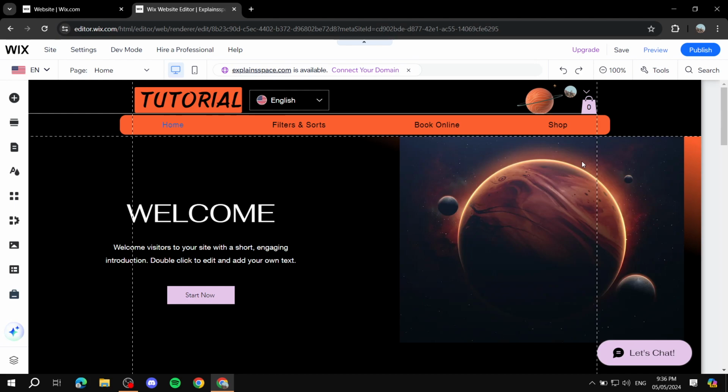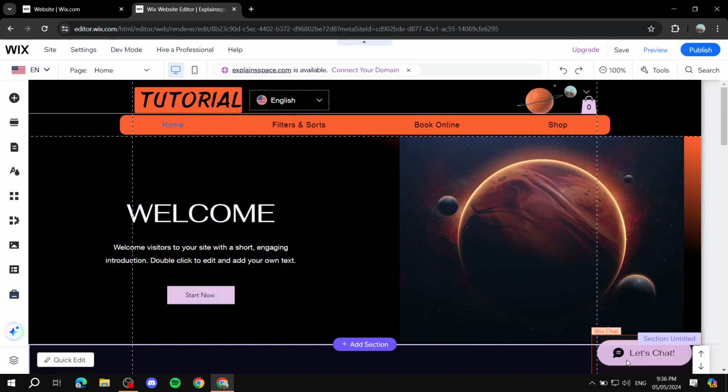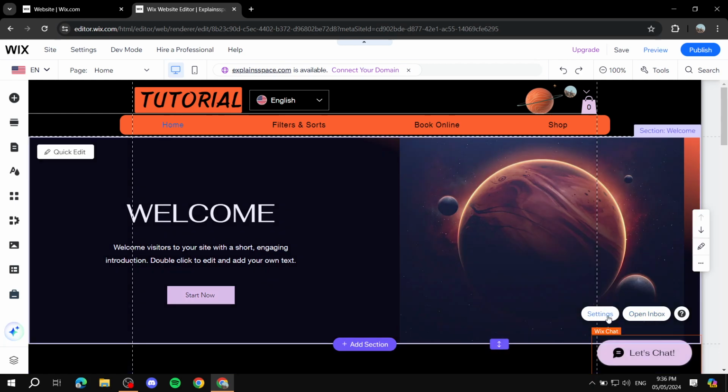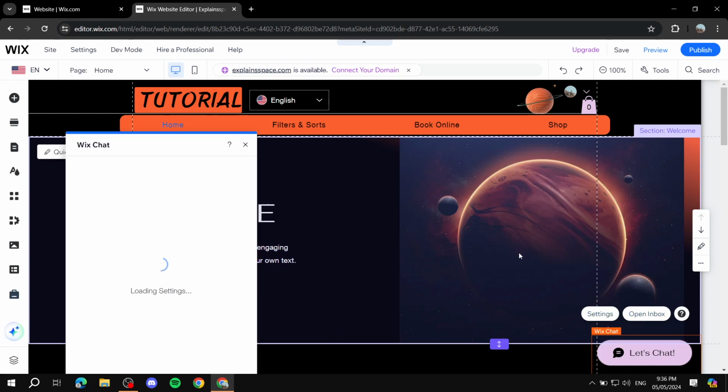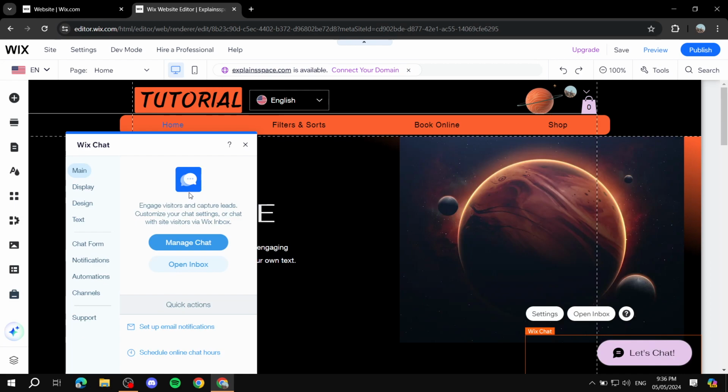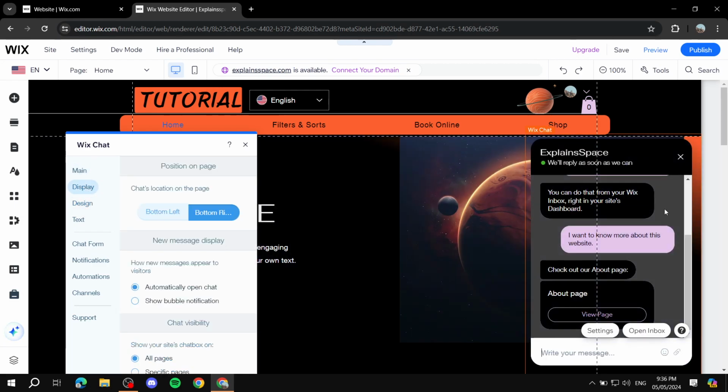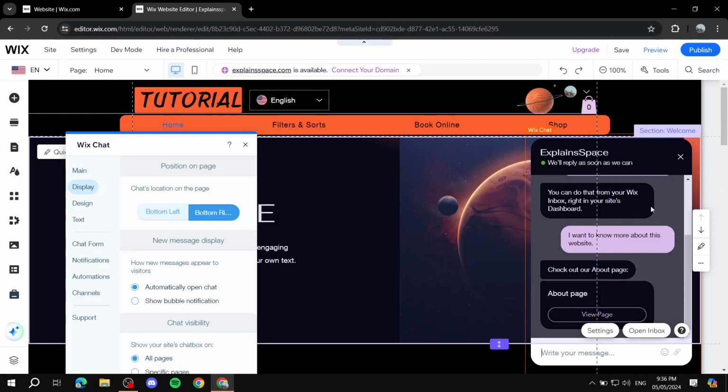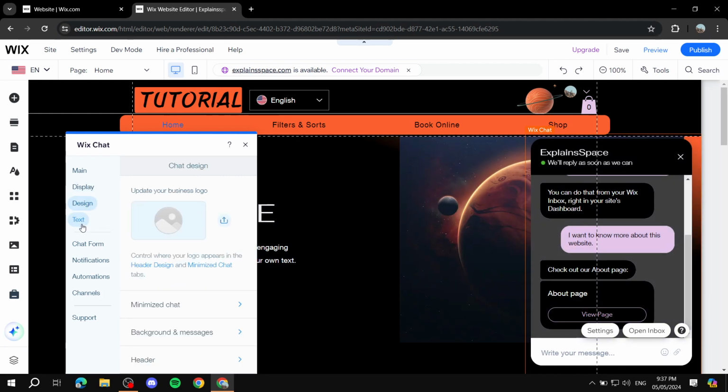The next steps are adjusting the elements within it and also adjusting the settings that it includes. We just click on it and it gives us two options, open inbox and settings. We only need to worry about settings. So we click on settings, and now it gives us multiple options to work with. Here we've got the main, and the display, which shows you how it's going to look, and you can adjust how it looks. Design is going to be